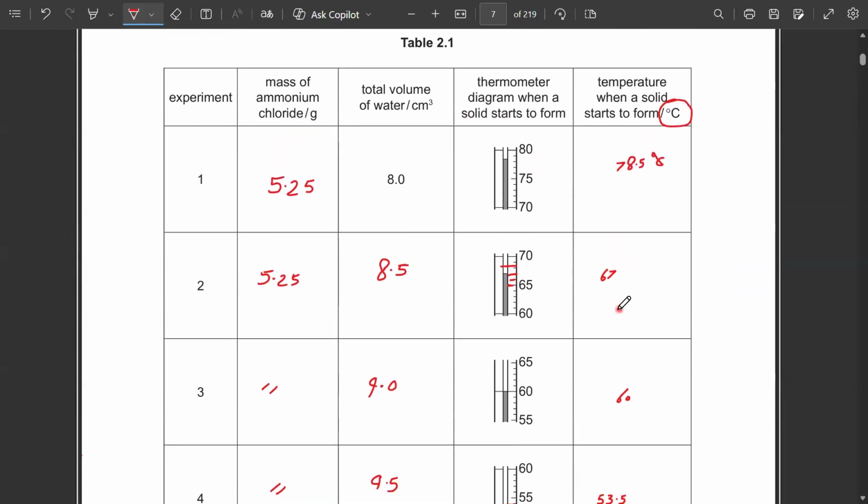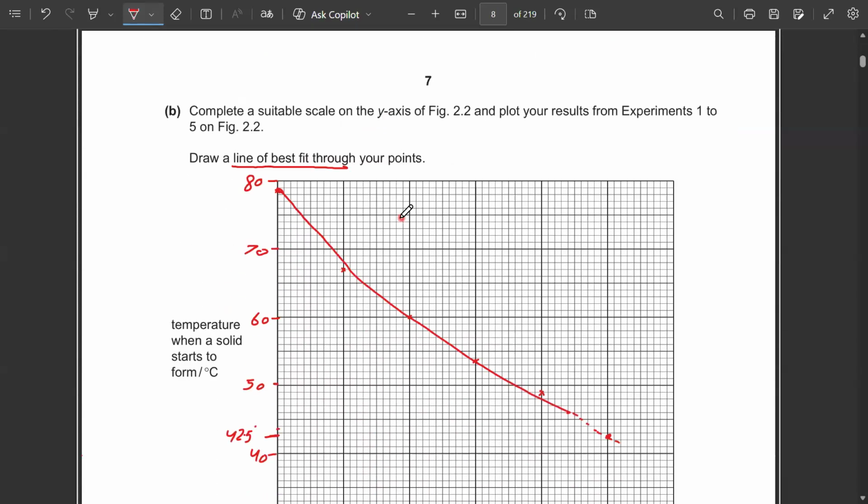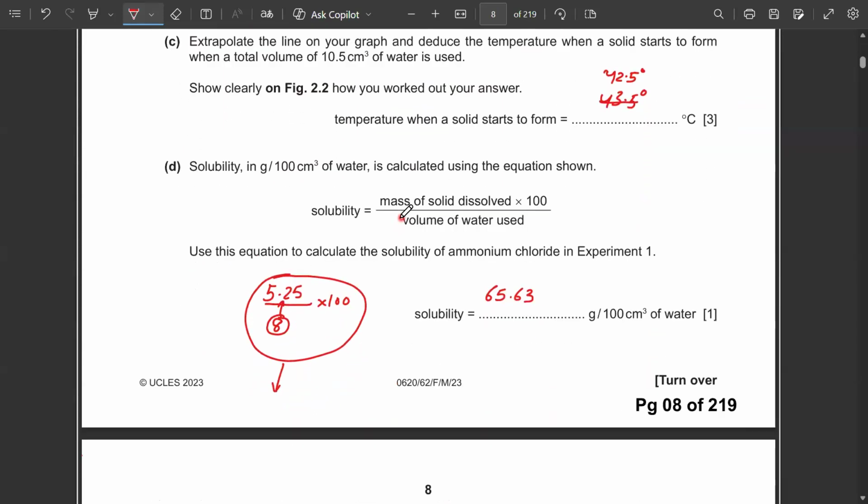If you increase the temperature like this, then the volume of the water is decreasing. So okay, we can say that if the temperature is increasing,